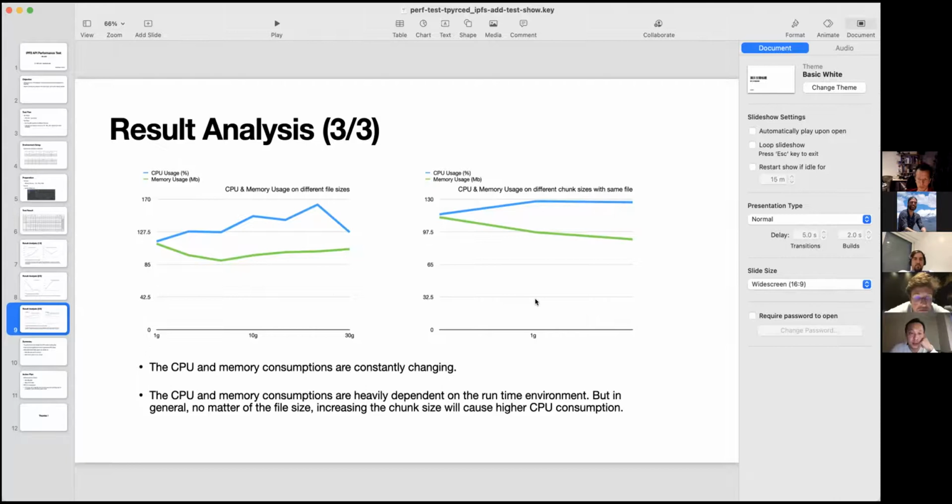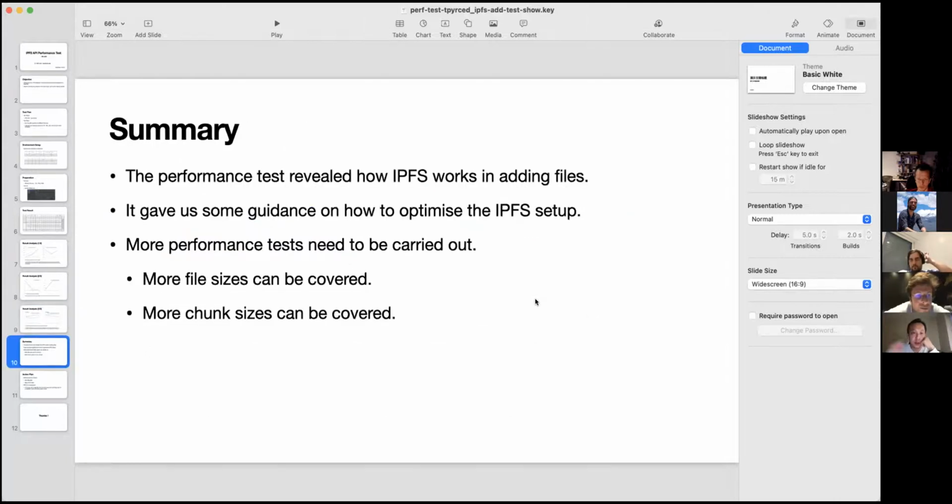So this is the result. In summary, the performance test revealed how IPFS works in adding files. And in practice, I think we need more performance tests, especially we want to cover more file sizes and chunk